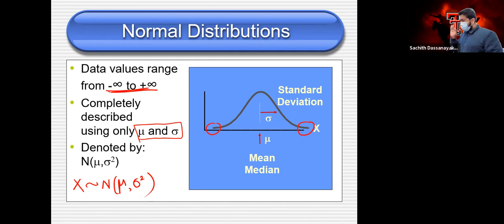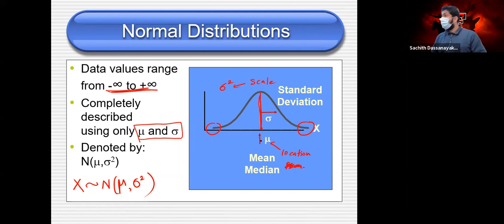This mean, mu, we call the location parameter. And sigma squared we call the scale parameter. What does the location do? Mu changes its position. According to this one, this is your mu, this axis value, this point. Once we shift this mu to the left side or right side,